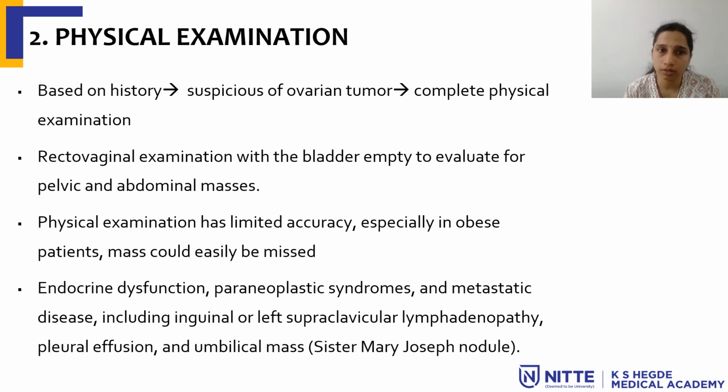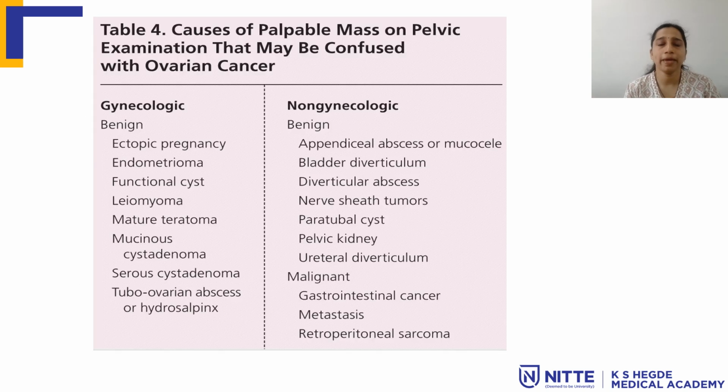So you have to examine for endocrine dysfunction also, like signs of acne or hirsutism, and also paraneoplastic syndromes like osteoarthropathy or clubbing, and lymphadenopathy for metastasis, or presence of pleural effusion, umbilical mass, which is the Sister Mary Joseph nodule, and metastatic skin nodules. So based on the pelvic examination, if there is a palpable pelvic mass, we have a set